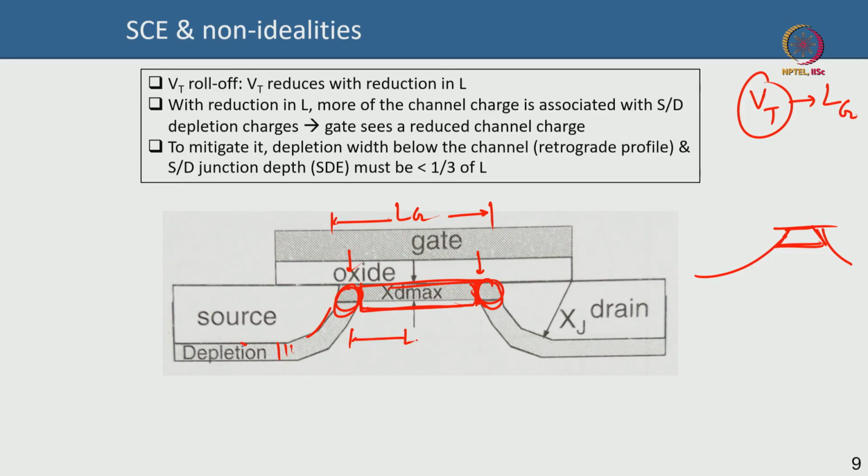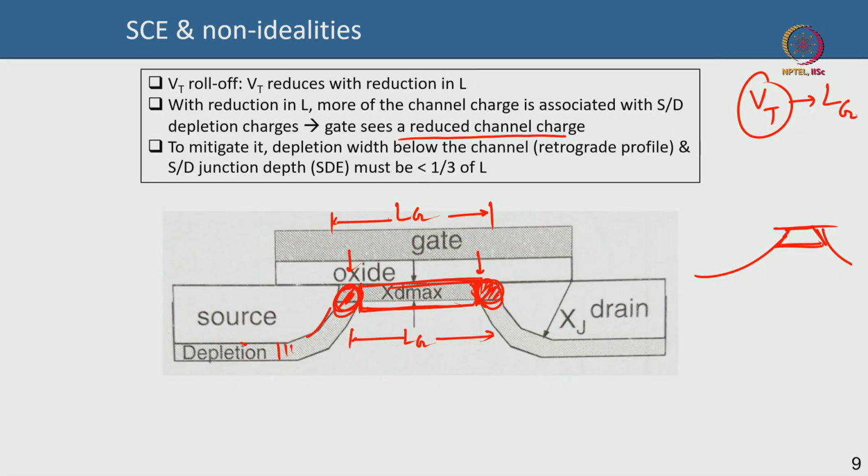L keeps decreasing. If your length is very large, like few micron, 3 micron, 5 micron, then this depletion region width does not matter, it is negligible. But if you have like a 65 nanometer or 90 nanometer device, then this depletion region can be substantial, such that the gate now has a reduced channel charge to control, because a part of the channel charge has been taken by the source and drain depletion region. Okay. So because the gate sees a reduced channel charge, your threshold voltage has reduced, because the charge below